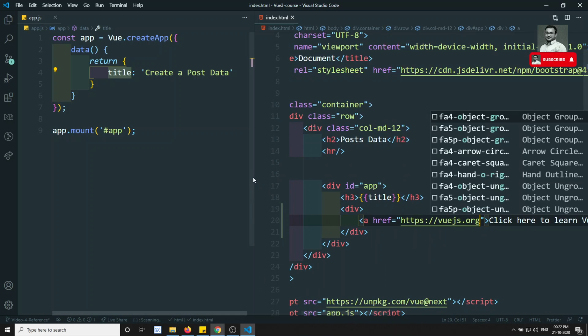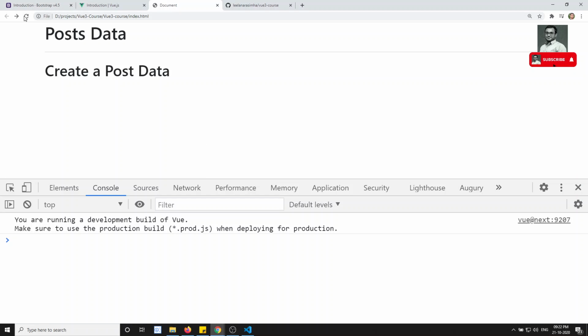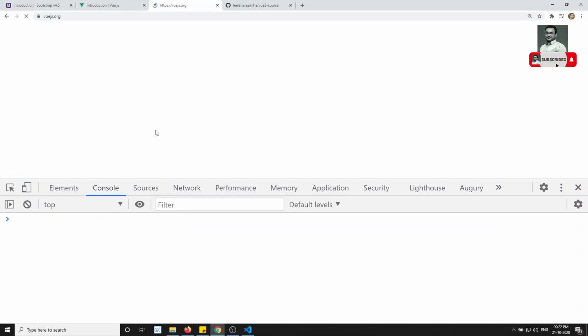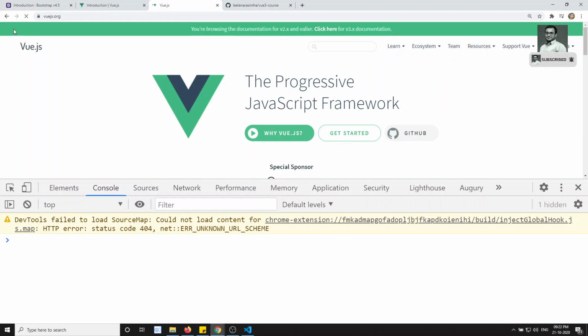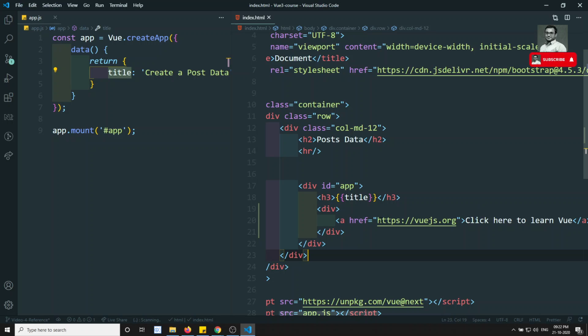Now let's try what will happen. Let's try in the output. If I refresh this, now I am able to see the link, and if I click here, I am able to go to the Vue.js website. Fine, this is fine. Now assume that what I want to do is remove this,